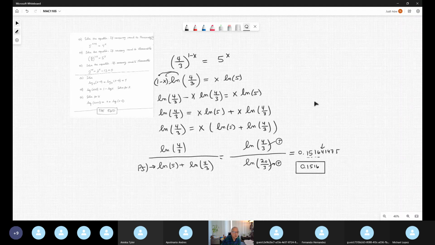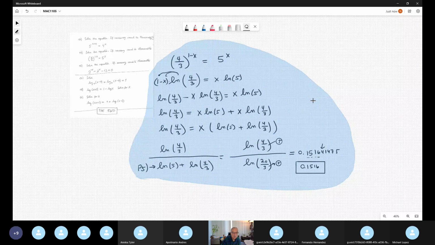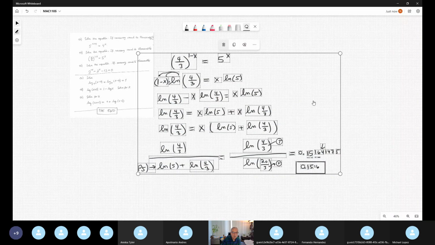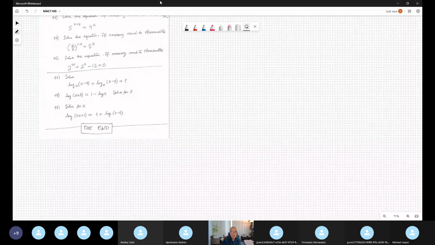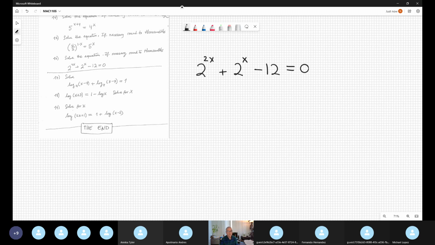let's move on to question 16, which brings me a new situation. Look, this equation, when you see it at the beginning, looks horrible. Because it uses 2 raised to the 2x plus 2 raised to the x minus 12 equal to 0. Wow. It's not the classical format where you have an exponential on the left-hand side and another exponential on the right-hand side. In this case, it's different, but this